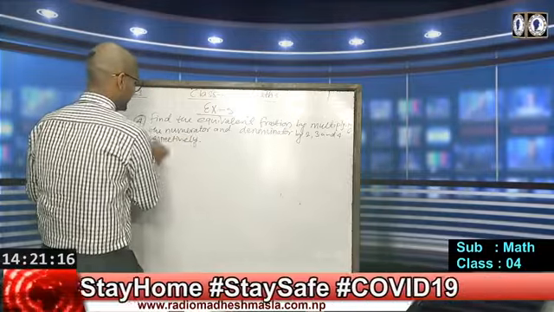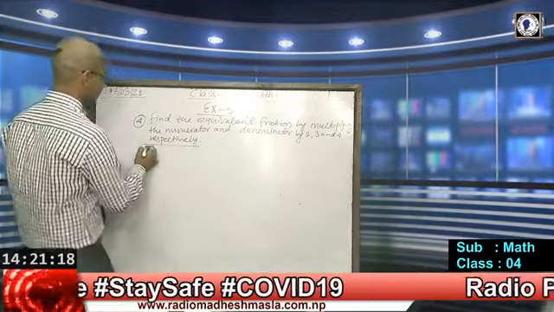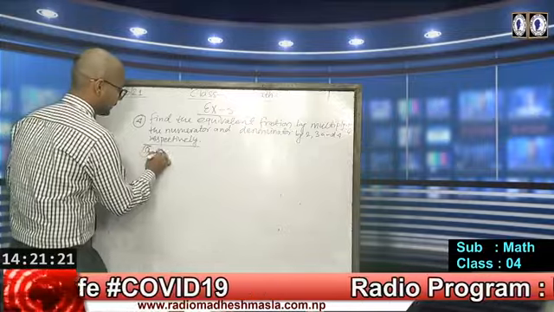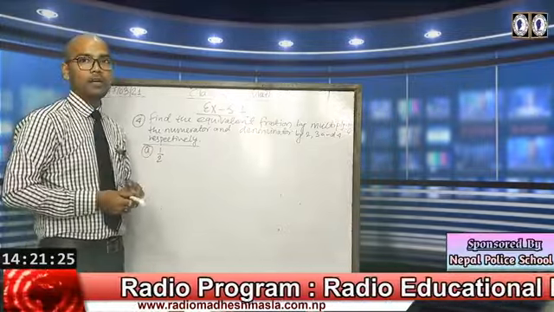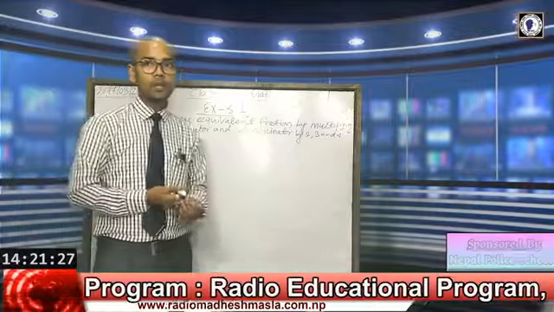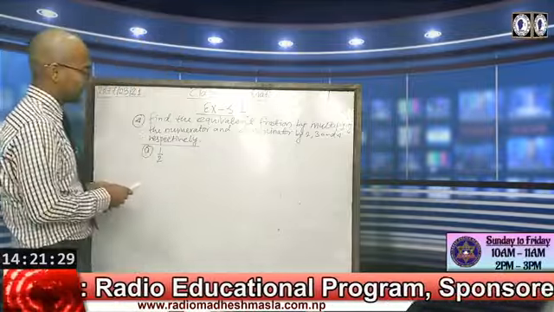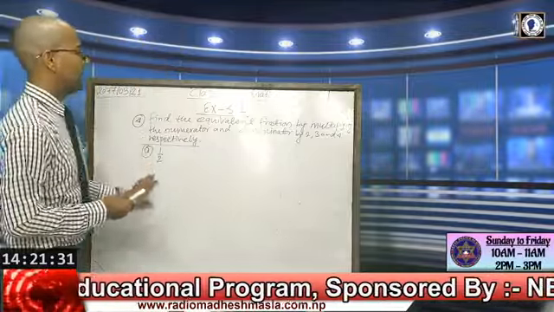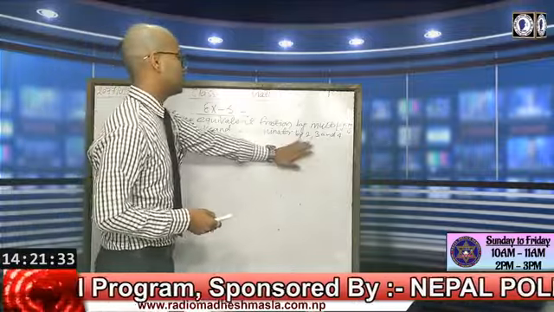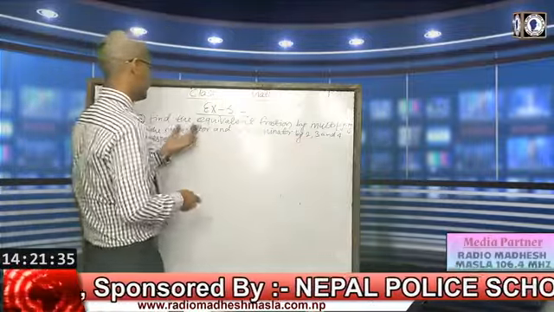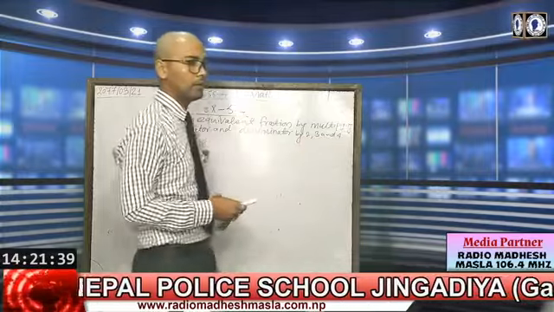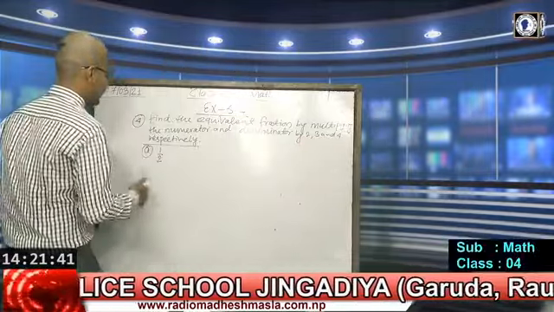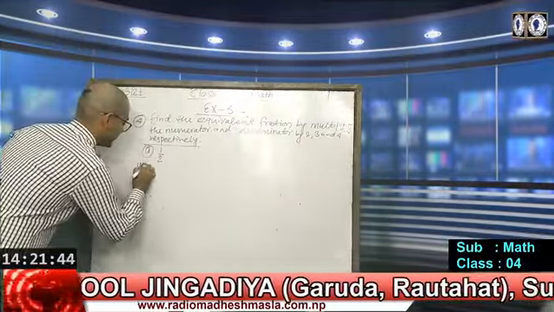Okay, in this condition, suppose we have a question like 1 by 2. Okay, what is the question? 1 by 2. So if we have the question 1 by 2 and we need to find 3 equivalent fractions by multiplying by 2, 3 and 4, both. So in this condition we can find it like this.